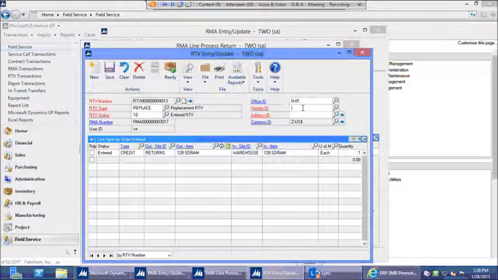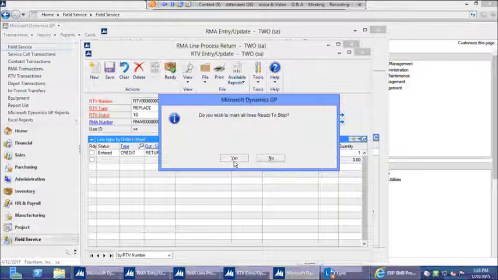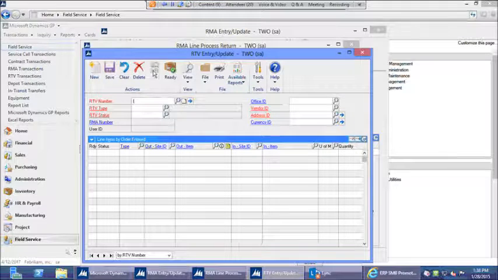And then I'll choose a vendor. And so this one is ready for me to ship out. And when I ship this part back to the vendor, they're just going to give me a payables credit memo. So I'll click this Ready button at the top, mark the lines ready to ship,